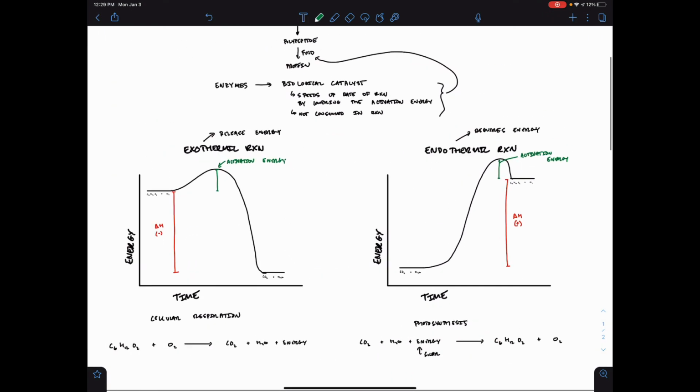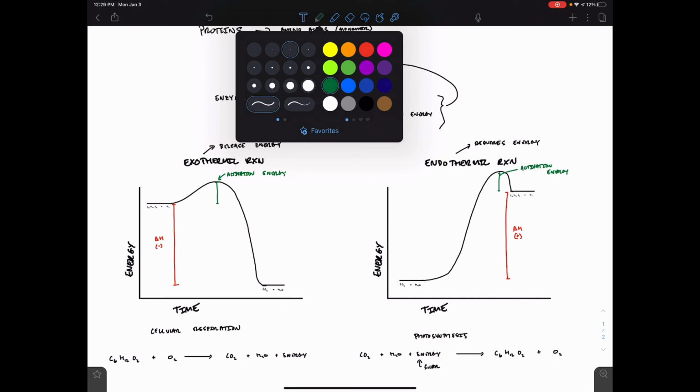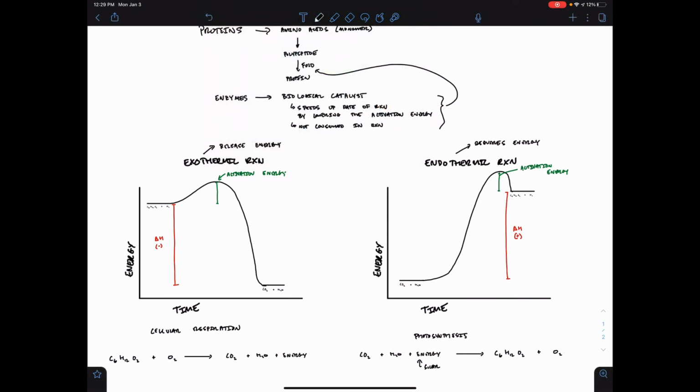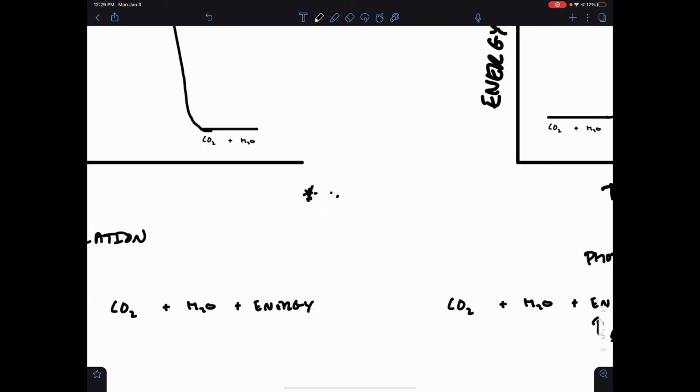Okay, so what does this all have to do with enzymes? Well, I just told you above that enzymes speed up the rate of reactions by lowering the activation energy. So I'm going to show you what that looks like in terms of the graph. If our black reaction curve is the rate of reaction without enzyme,